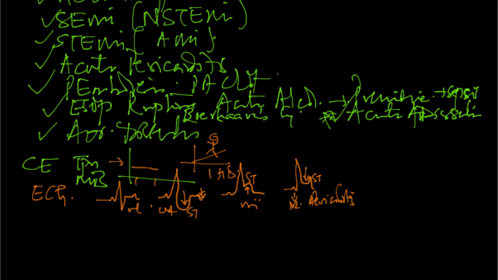So this definitely will be on the exams, and so just familiarize with this part and this part, definitely. And unstable angina, of course, you'll have ST segment depressions only, so remember the ST segments are depressed. This being the baseline, anything below that will be depressed, anything above that will be elevated, as simple as that. I'm trying to make it very simple. Of course, you have to again go back to the text and look at which arteries are involved, where the ST elevations occur. That will define which areas are in jeopardy, etc. But this is not the focus of this video.